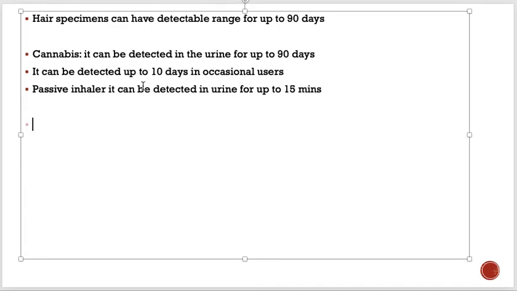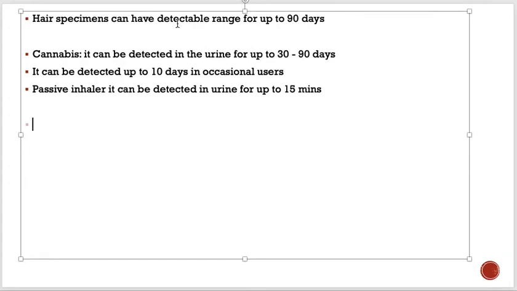Even in the urine, by the way, because I told you up to 90 days, or you can say it is up to 30 to 90 days, because again, these are different statistical data collected from different parts. So that's the reason. So now